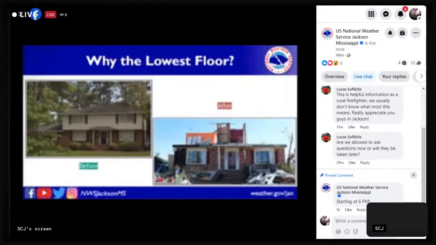So why the lowest floor? The winds typically are going to rip the roof off first, and the highest floor off first. And oftentimes the lowest floor is going to be